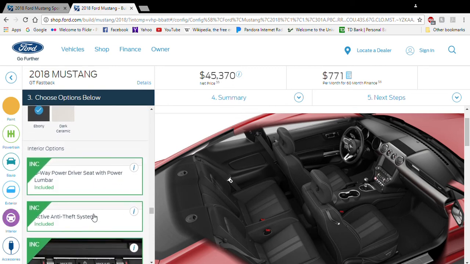Now, one thing you will notice is you don't get the option of Recaro seats on the base model anymore. To some people, that's a problem. I was a little bit disappointed, so I looked it up. You do have to get the premium, and if you get the premium and every option in line to get that,